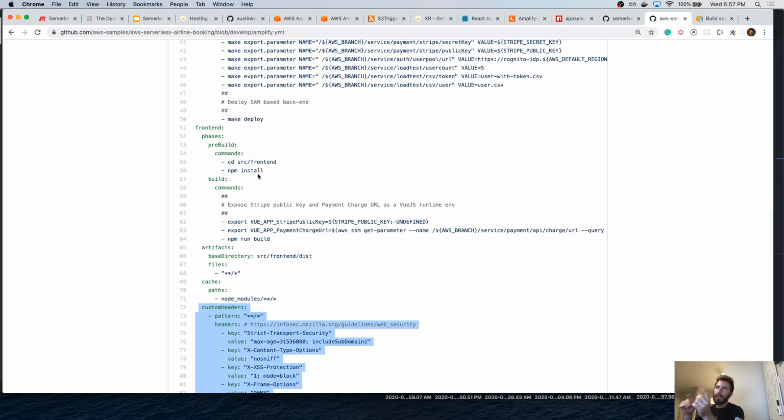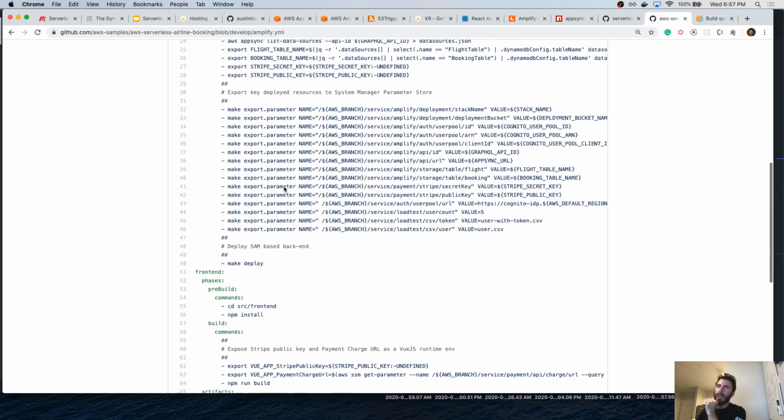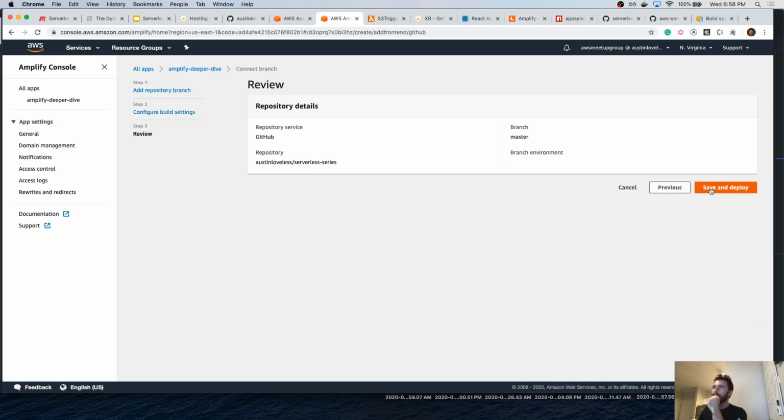Whenever you have your CI/CD pipeline for Amplify built and you do a git push to master, or whatever branch you set up for your different environments, it's going to rebuild your entire front end. Part of that, it's going to use the most up-to-date Amplify environment that you have configured. If I hit next, save and deploy, this is going to fail